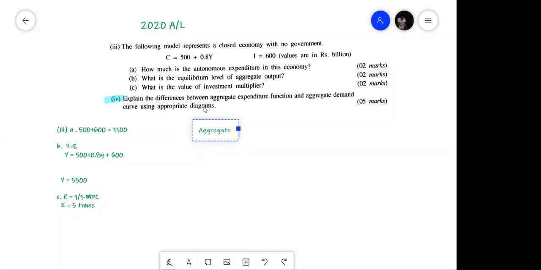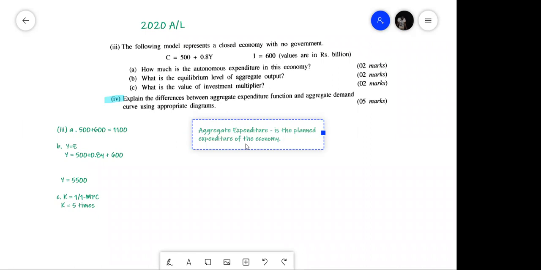Aggregate expenditure means, you can say, the planned expenditure of the economy. So the planned expenditure of the economy, you can add to this. The planned expenditure of the economy is a part of